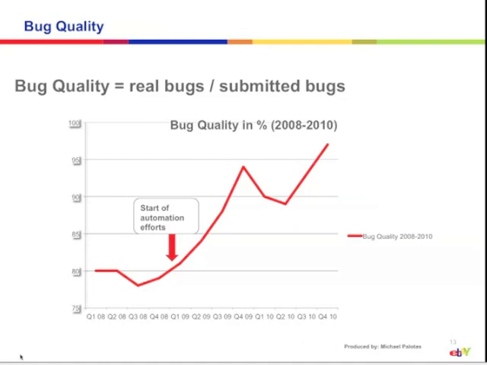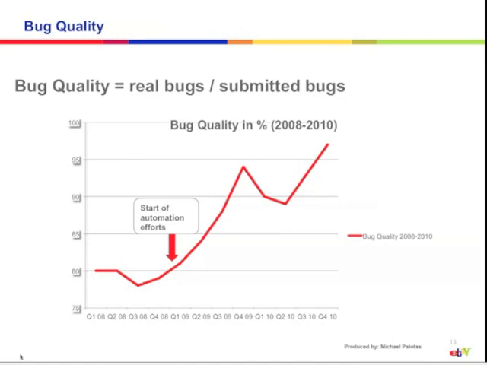So what does this mean? I mean, this is just a number. You may say, okay, just yet another metric. Actually, what this means is there's two things that you can look at. One is how much of your own time do you waste to write a bug which then turns out is not a bug, because you didn't have time to read the requirements properly, or you didn't have time to set up the test data how you were supposed to.